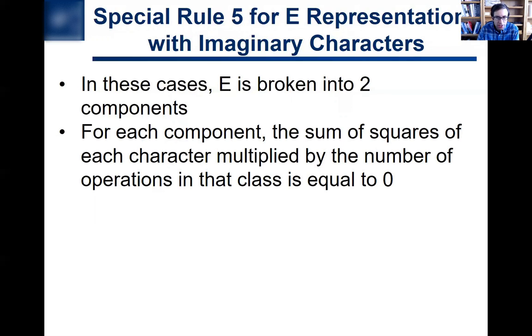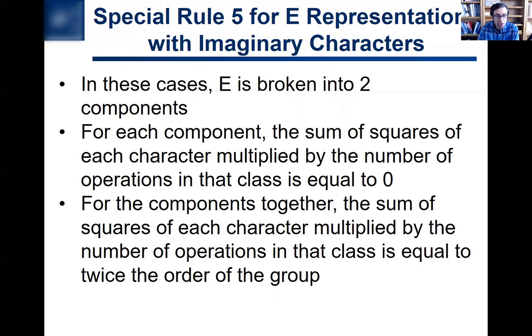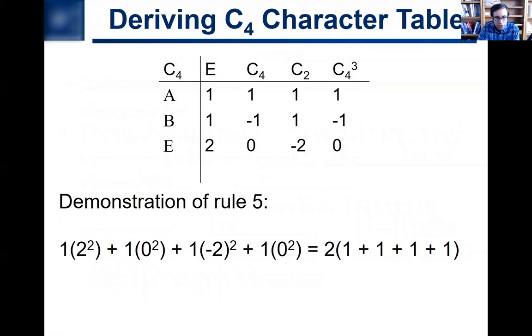For each component, the sum of the squares of each character multiplied by the number of operations in that class is actually going to be equal to 0, okay? But for the components together, the sum of the squares of each character multiplied by the number of operations in that class is equal to twice the order of the group. And this is just because there's 2 components. And so just to show you that,